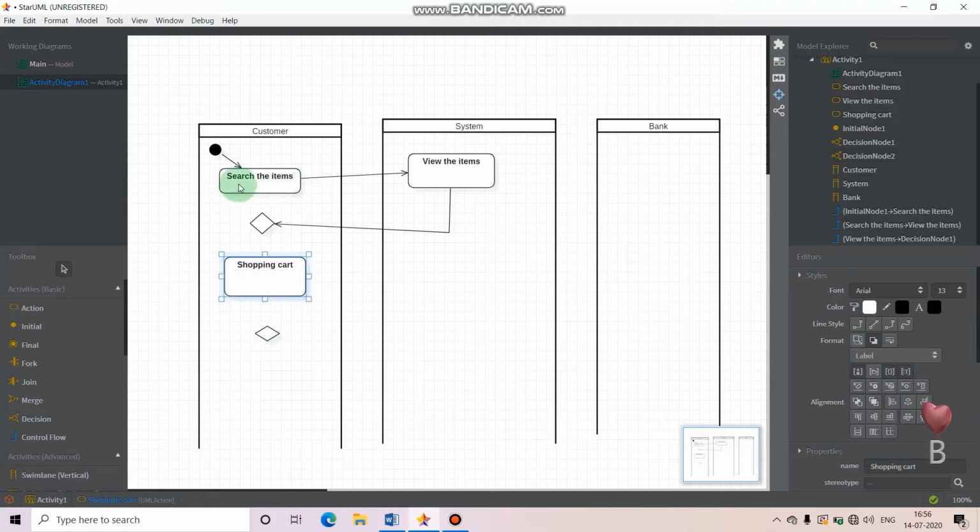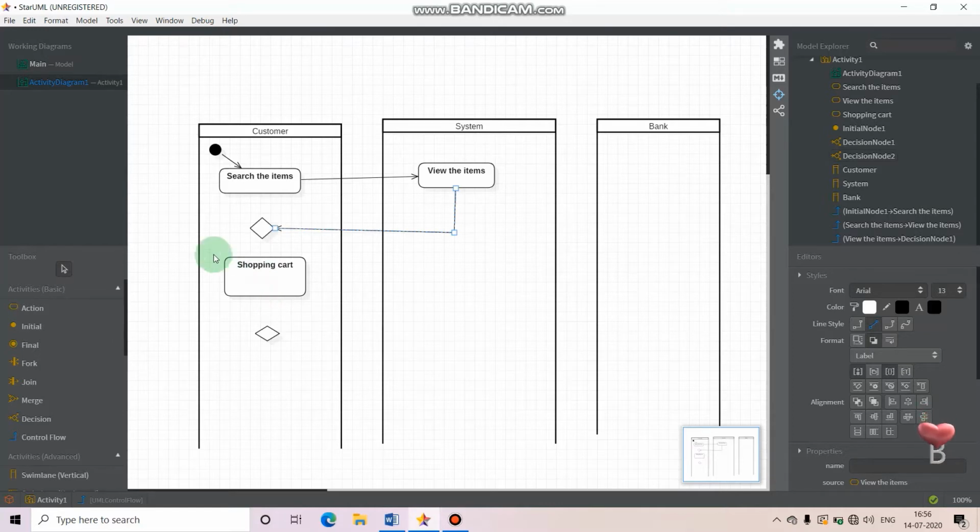So see, the system starts here. The user will search for the items. The items will be shown by the system to the user, the list of the items that particular website provides the user to do the shopping. When the user views the list, at that time the condition will be there that either the user will add the products into the cart, or, if he already has products in the cart from when he searched last time,